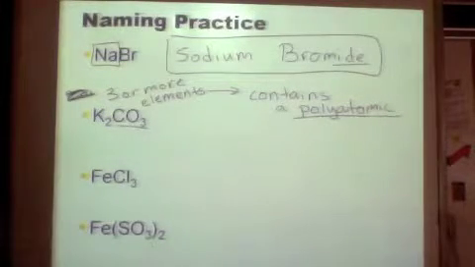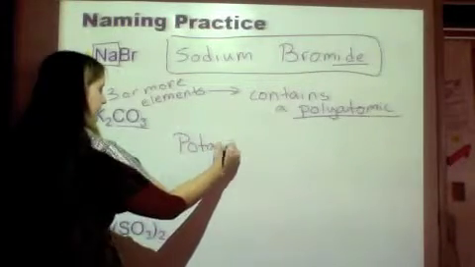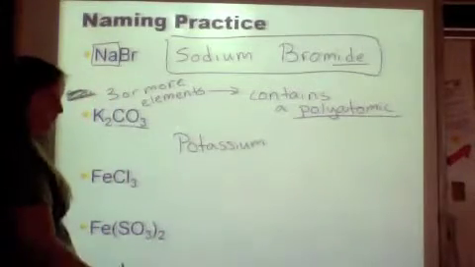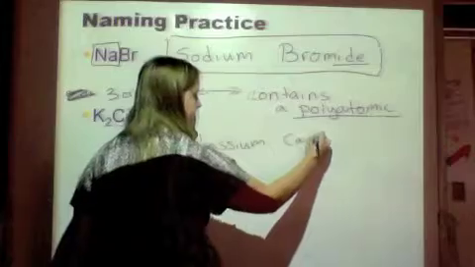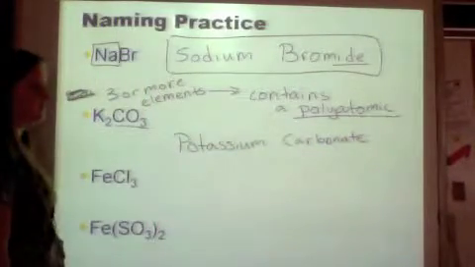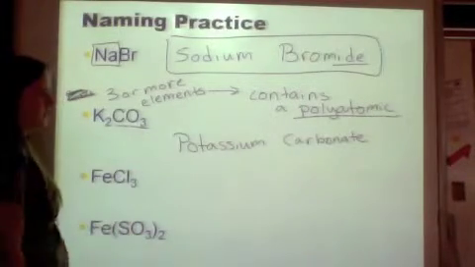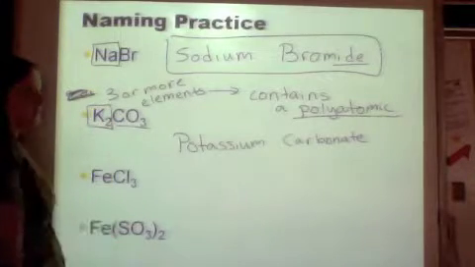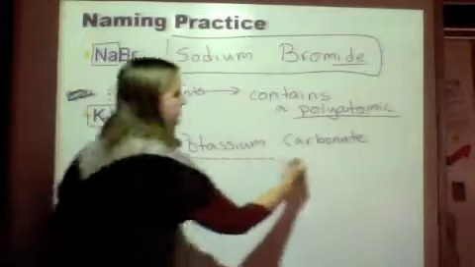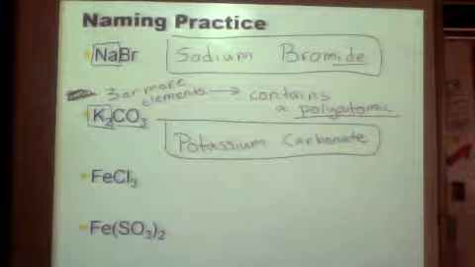So we're going to name the parts. K is potassium. CO3 is, look on page 7, carbonate. Okay, make sure you understand where that's coming from. Next step, potassium. Is it between 3 and the staircase? No. You are done. Okay, next,